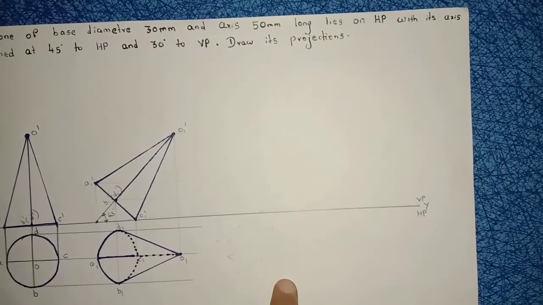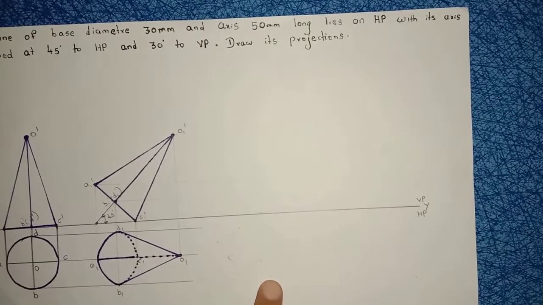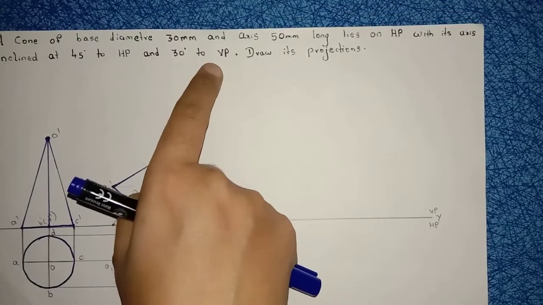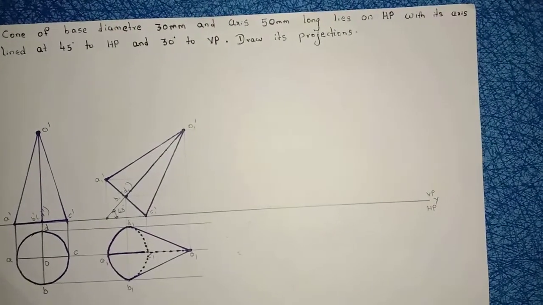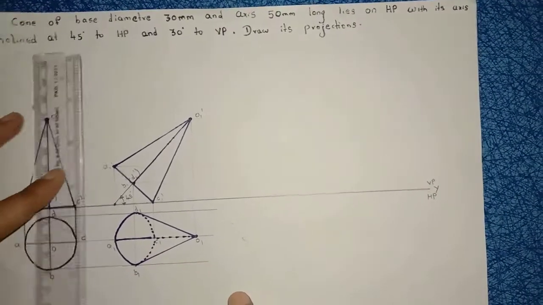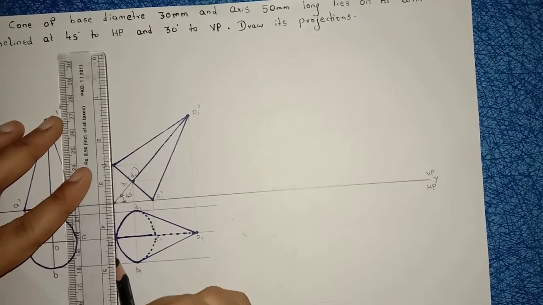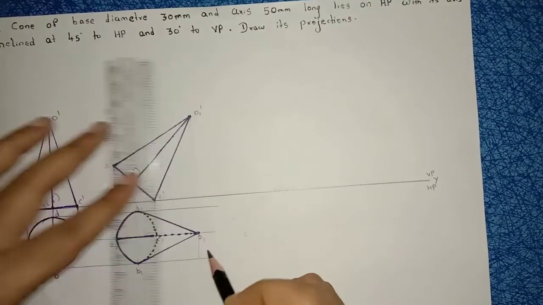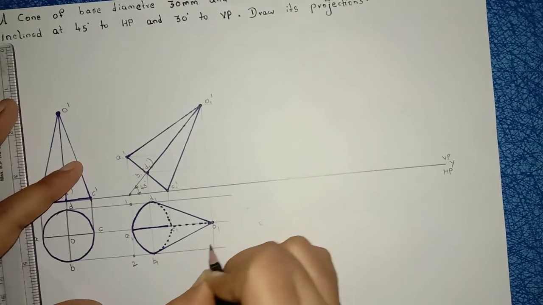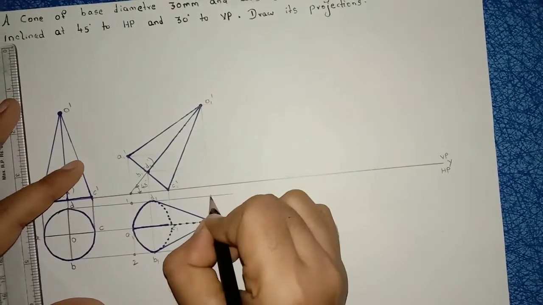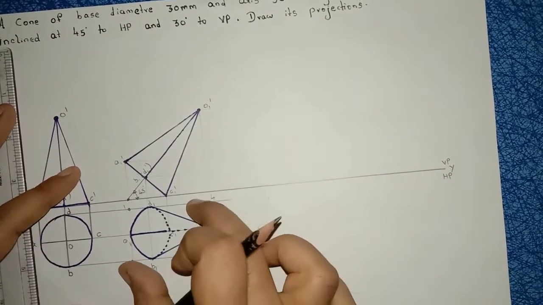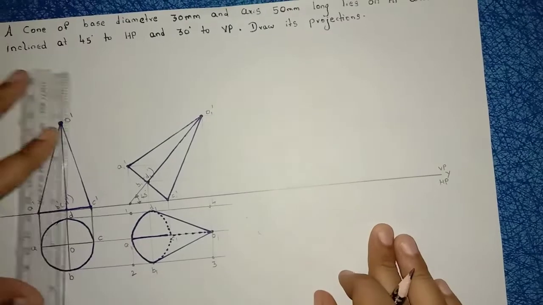Now I have to construct step 5 here. In order to construct step 5, the axis should be inclined to VP. So how much is the angle? 30 degrees, 30 degrees to VP. So how to construct the step? Assuming the second step was in a box method, extend this corner till this reference line, the baseline. Name this point as 1, this point as 2, this point as 3, and this point as 4. 1 2 3 4 is a box. Now construct the same box here with an angle of 30 degrees.